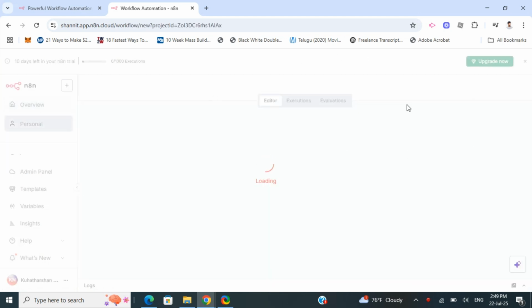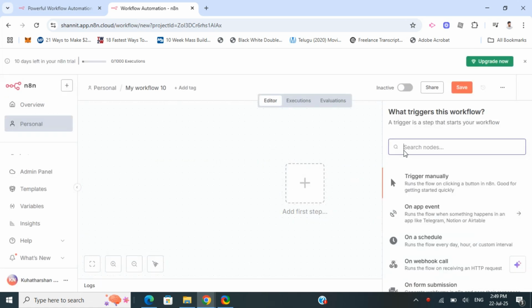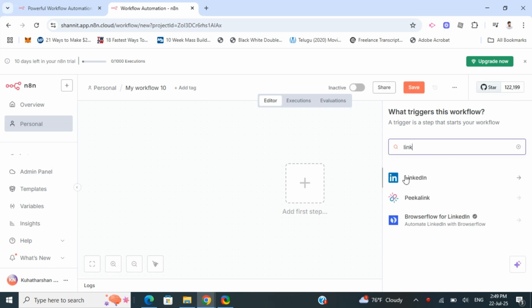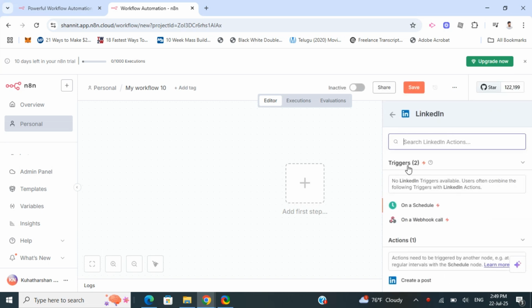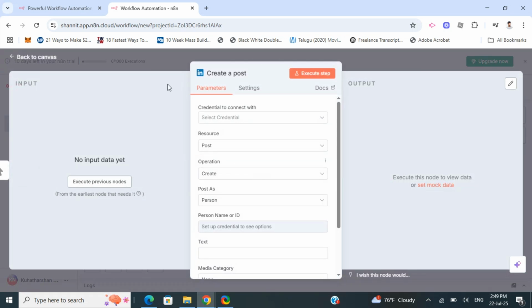Once you've clicked on the new workflow, click on add first step here, and then in the trigger box, in the search box here, type in LinkedIn and then select LinkedIn. Once you select LinkedIn here, scroll down on the action, you'll see create post. So click on the create post option there. This will open up this dialog box here where you go to set up the